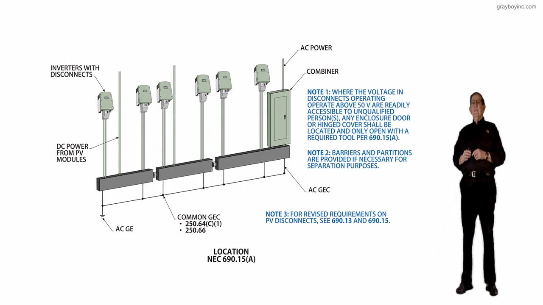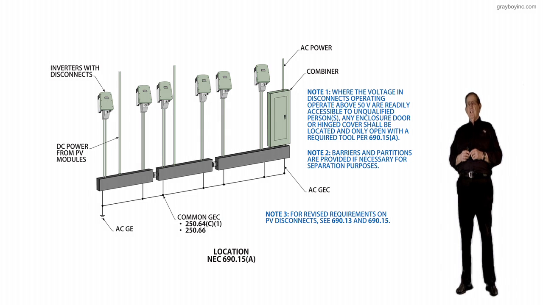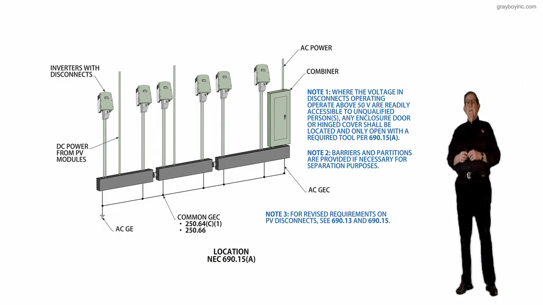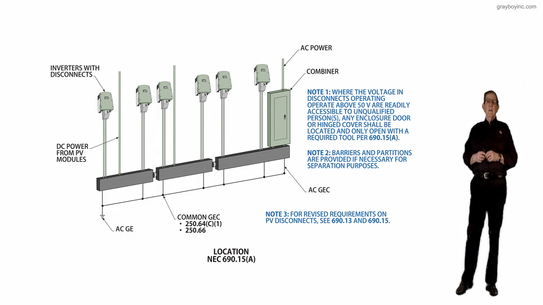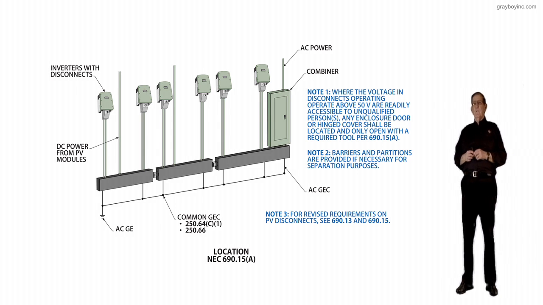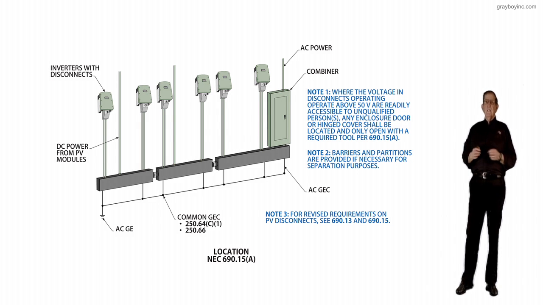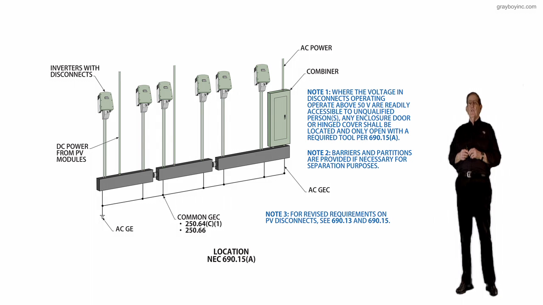And then Note 2 talks about barriers and partitions provided if necessary for separation purposes. Note 3 talks about revised requirements on PV disconnects, and we're instructed to see 690.13 and